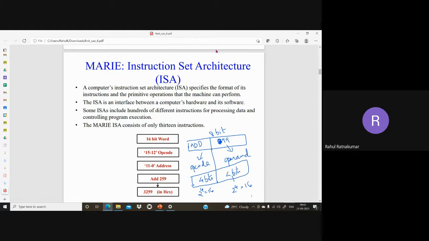You may feel this is very little. You can only access 16 different memory locations, or 16 different registers, which is too little for a program or a computer. So either we should reduce the opcode bits: instead of 4 bits, I can give 3 bits, so 2 raised to 3, only 8 different operations, but I can add one more bit to the operand. Now it can access 32 locations, but that is still very little.